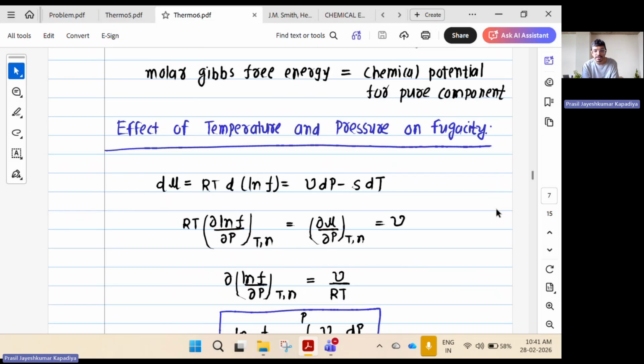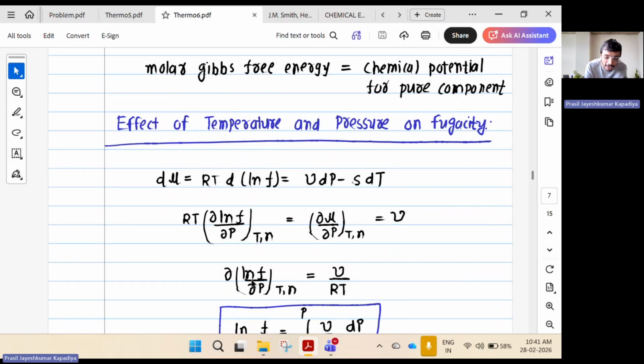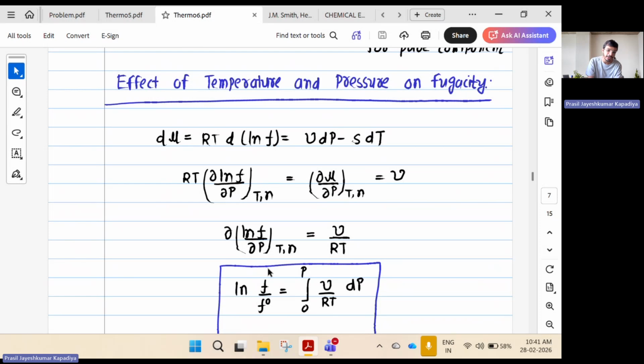Okay, so what was my equation? My equation was d mu is RT into differential of ln f, which is equal to V dP minus S dT. So RT into del ln f by del P at constant temperature is equal to del mu by del P at constant temperature, and this whole term is equal to V. When I'm differentiating at constant temperature, it will be just the V term. So del ln f by del P is equal to V by RT at constant temperature. So if I'm integrating this equation,